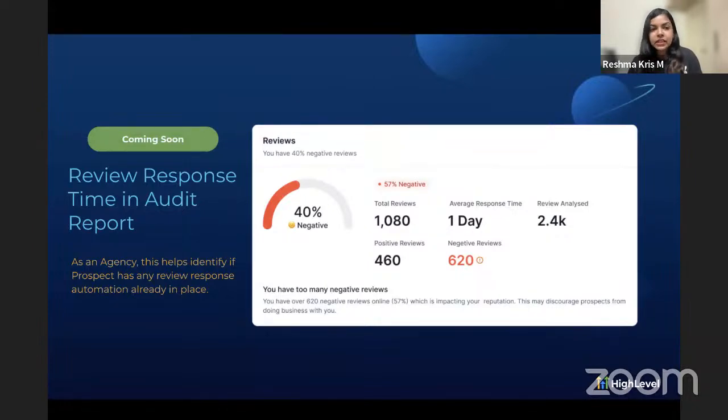So following this, some of the enhancements which are coming soon is that in the reputation section, which is the review section inside the prospect report, we are adding a new field called review response time. So this basically tells you how quickly they're responding. If it is too soon, it also gives the agency an idea that they already have a review response automation or something like that in place. If it is more than 3 to 5 days, or if it is more than 30 days, you can see all of that information in the review response time, and agencies can then sell their services accordingly for helping the prospects increase their